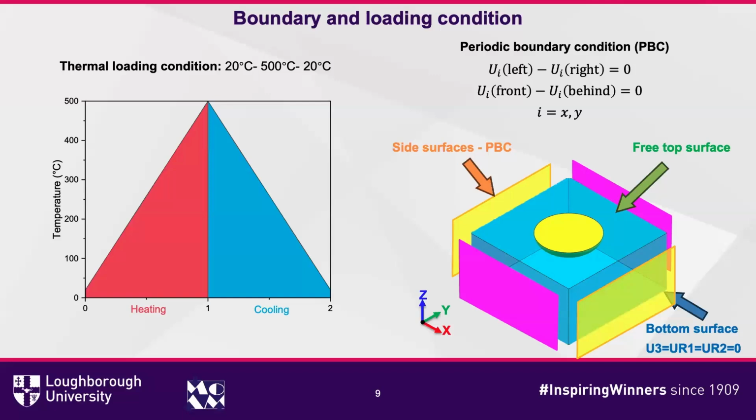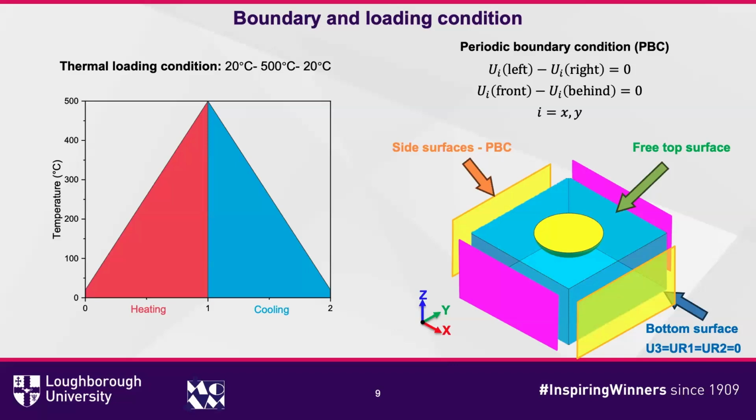For the boundary conditions, for the first side surface, there are periodic boundary conditions, and the pair of nodes on the corresponding surface have the same displacement but in opposite directions. The free top surface lets both graphite and matrix expand or shrink freely. For the bottom surface, I use a constraint, and the nodes on the bottom surface can expand freely in